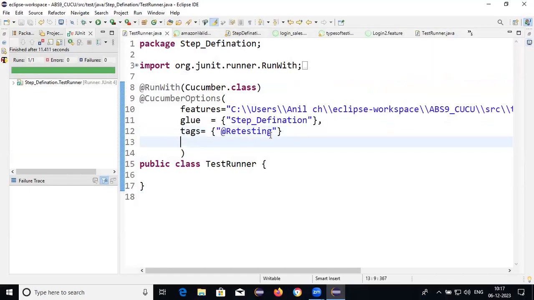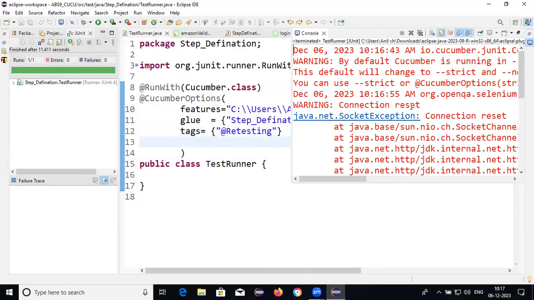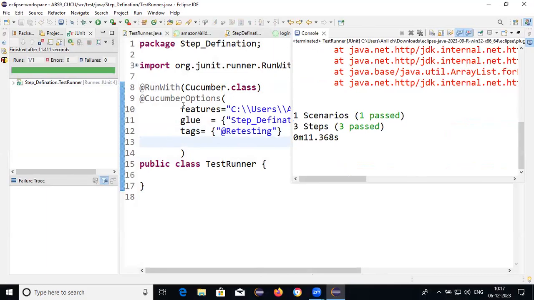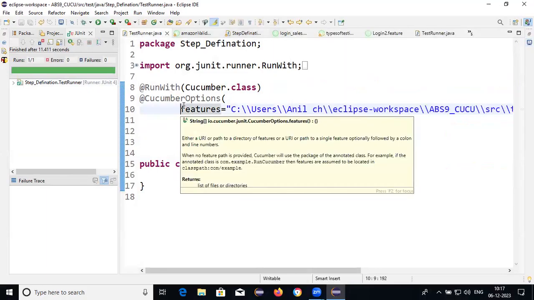So if you want to do the retesting, this is the process. It is passed successfully. This is not an error. Socket exception, connection is not there properly. That is the problem. If you got an error, this color, it should be displayed in brown color. Okay. This is not an error. This is the process how to do the